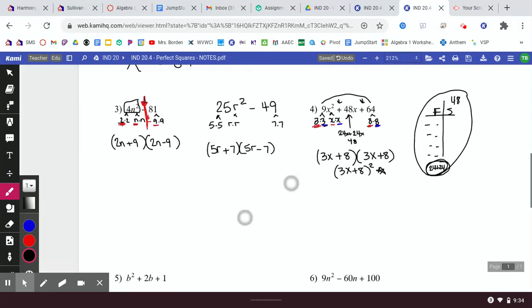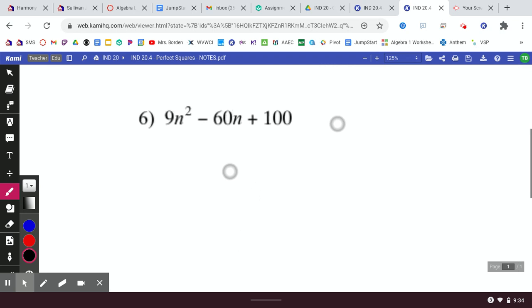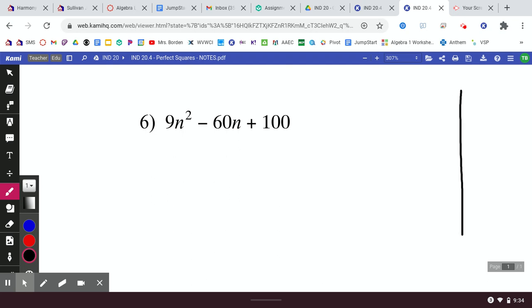Let me see if I've got another example like that. I do. All right. Again, if you're looking at this, and you do your factor sum table, your factors would equal 900, and your sum would need to be negative 60. Those are pretty big numbers, and you could do it. You could get there. But if you happen to notice that 9 is 3 times 3, and n, of course, is n times n, and then if you notice that 100 is 10 times 10, and then you check to see,